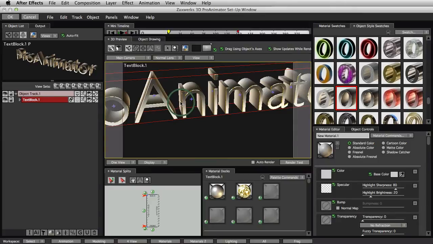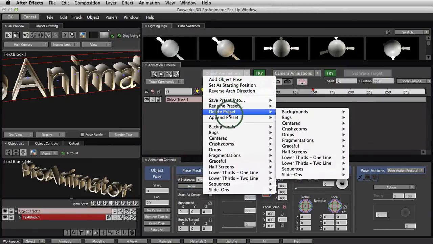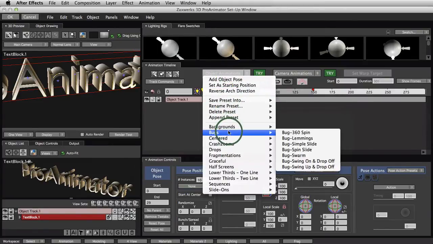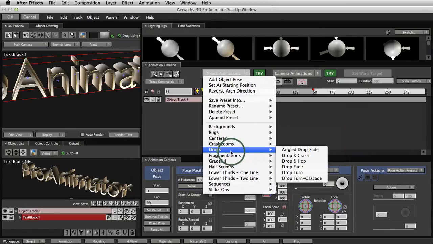The next step is to apply the animation. So we come down again to our workspace area, go to the animation controls and click that animation workspace button, and that sets up the animation workspace for us. Now again, all we're going to pay attention to is the timeline right here, and especially we're going to look at this object animation menu up here at the top. If you give this a click, you'll notice that there are a whole bunch of animations that come with the program as presets for you to use.